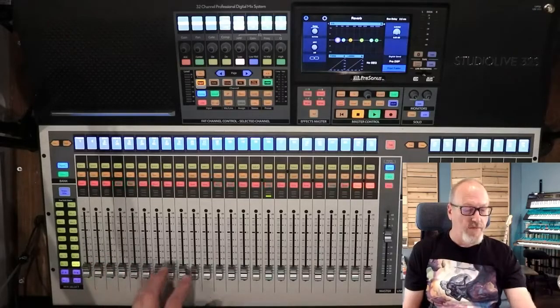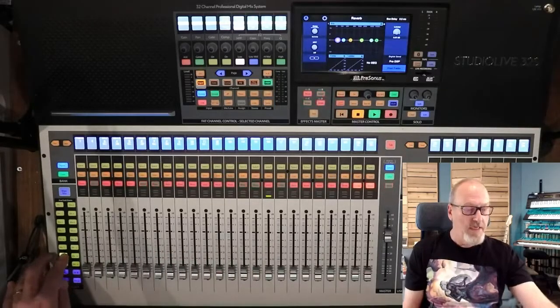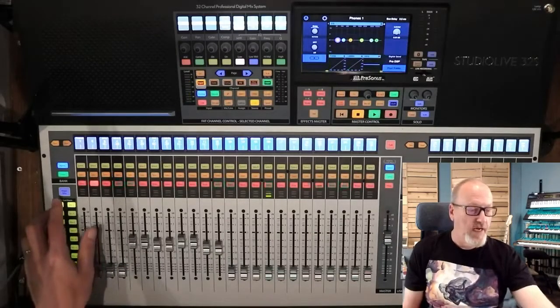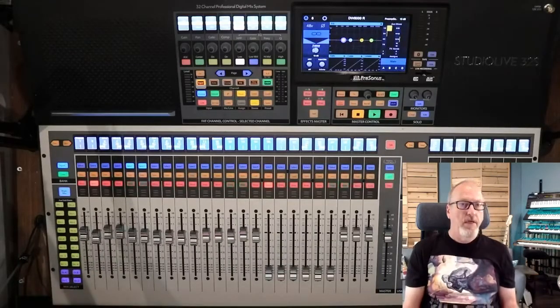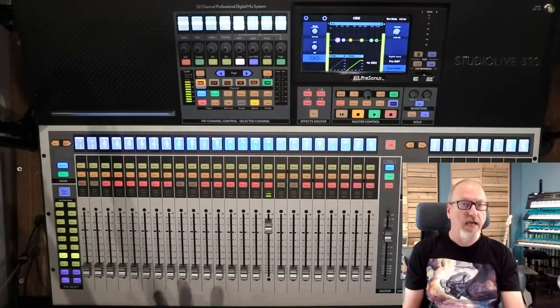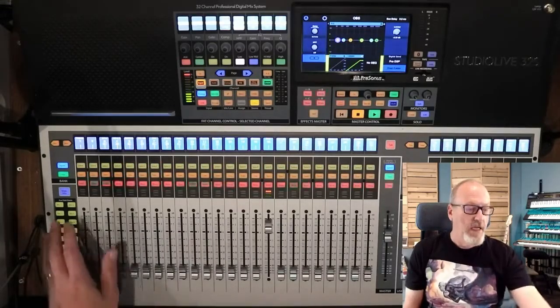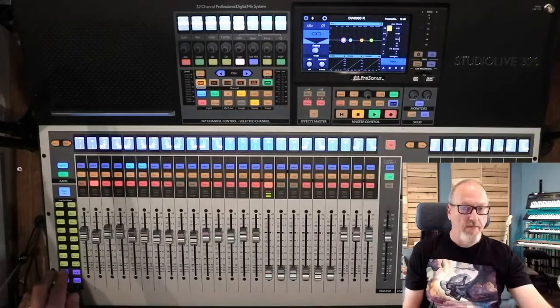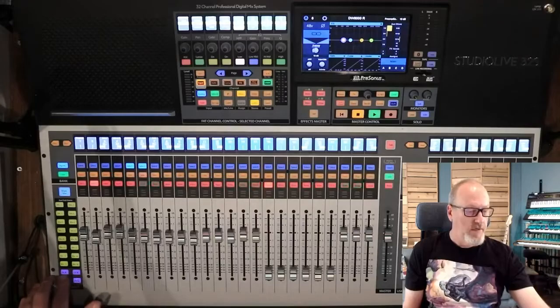I have physical control for setting the mix for that hardware, the mix for a video feed, the mix for headphone amps, and the main mix. So in a live situation, I could be sending a mix to the artists through their headphones, sending a mix to a live stream for video broadcasting, having a completely different or similar mix, if I chose, in the room to listen to. And on top of that, with the effects that are built in, there are 4 separate effects